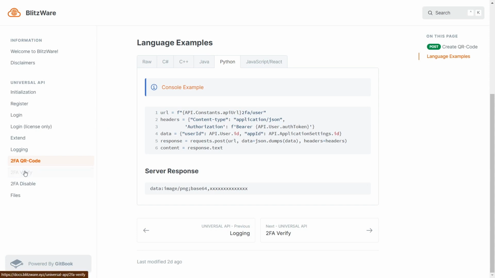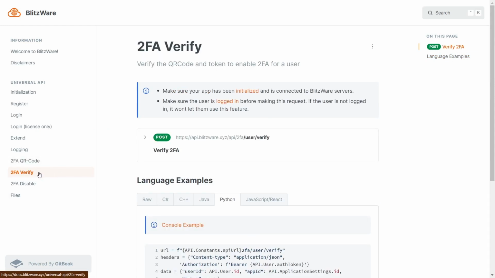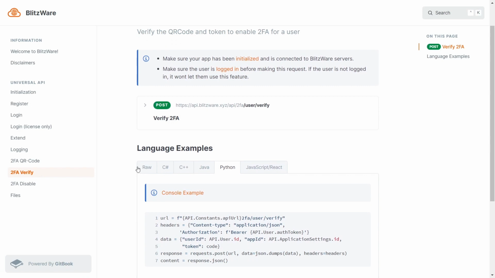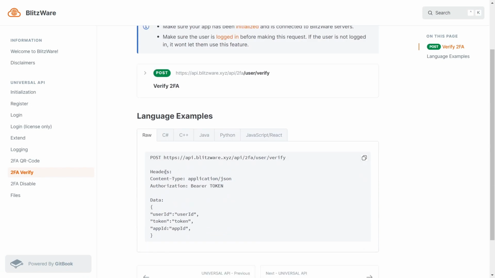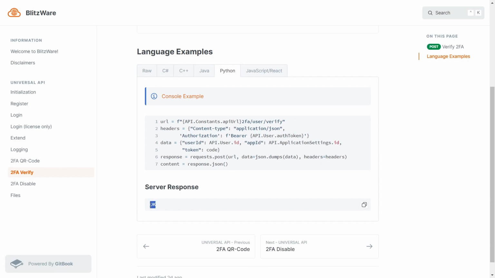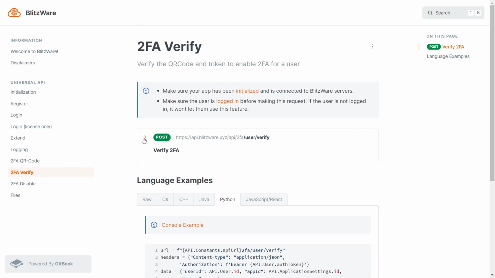After that, you need to verify the QR code, because it will display a 6-digit code in the app, and you need to send this to the other endpoint, 2FA users verify. You also need to be logged in to do this, and you need to send the user ID, the token you've seen in the Authenticator app, and obviously the app ID to verify that these two are connected. And this will just be an OK response or